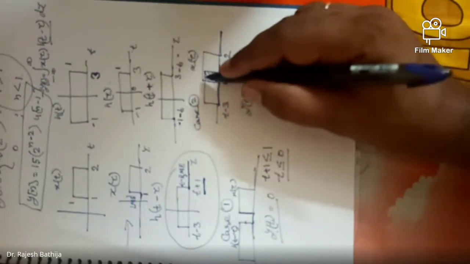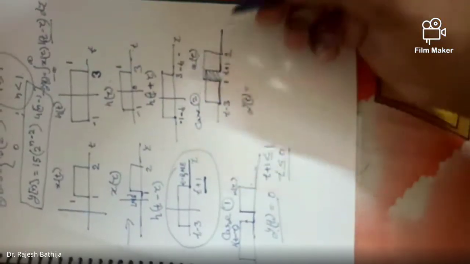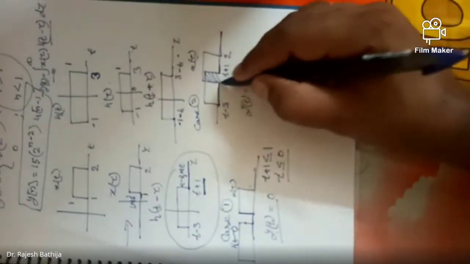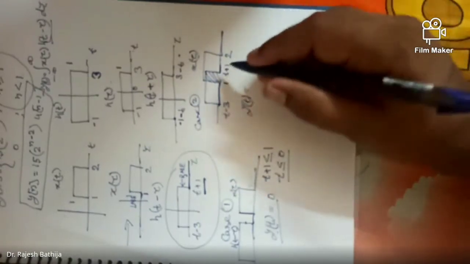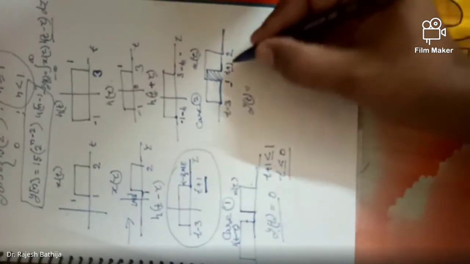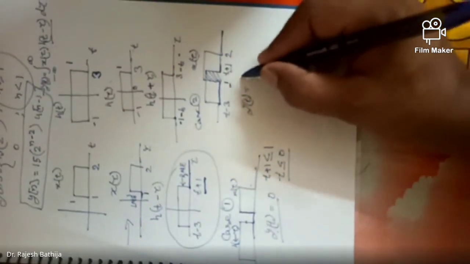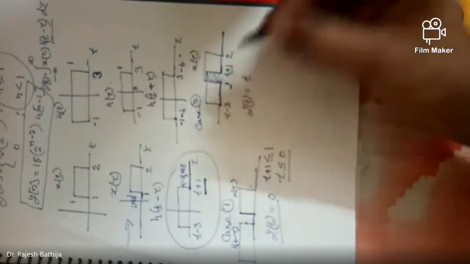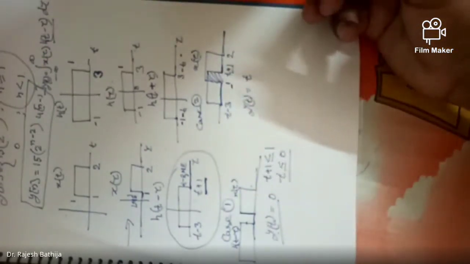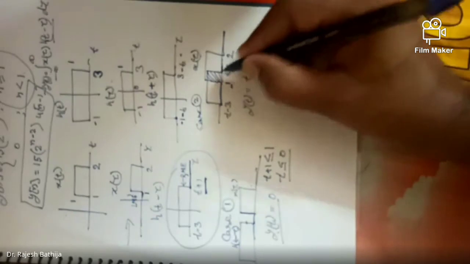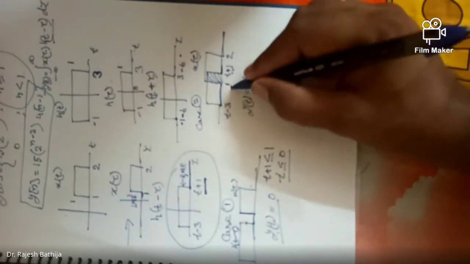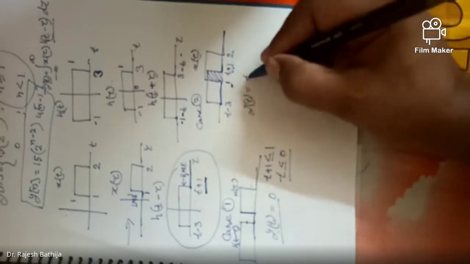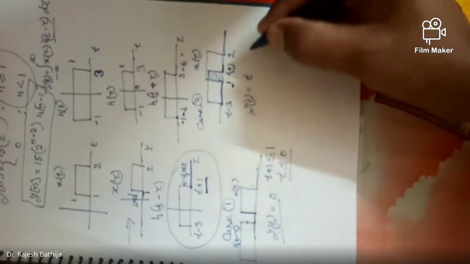Height is 1 because both are 1. If one of them is 1 and another is 2, we multiply them, 1 and 2, right? So here it is 1 and 1, so the height will be 1, and the width, how do I find the width? Right hand side minus left hand side always. So t plus 1 minus 1. So it is t only, and multiplied by 1 gives us t only, right? Height is 1 and this width is t. How do we get this width? Right side minus left side. So t plus 1 minus 1 will be t, right? So t into 1 will be t.